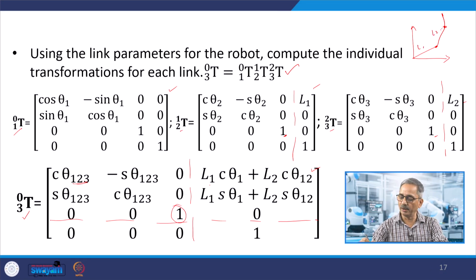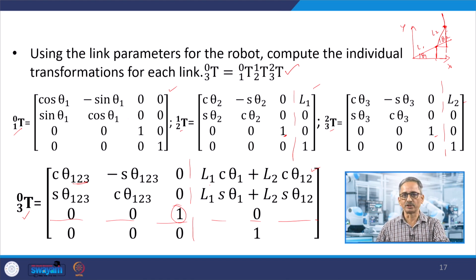Okay. So, I will motivate you to just try this one. You see this position is going to be L1 cos theta 1 plus L2 cos theta 1 plus theta 2. So, this is what it is. And similarly, the y will be L1 sin theta 1, which is this distance, plus L2 sin theta 1 plus theta 2, which is this distance. Okay. So, through this simple example I tried to explain the position of the tip